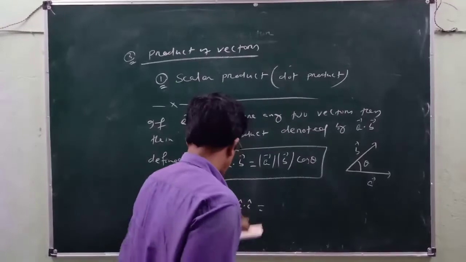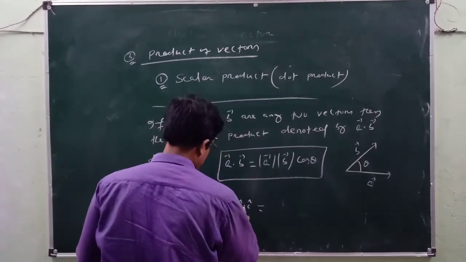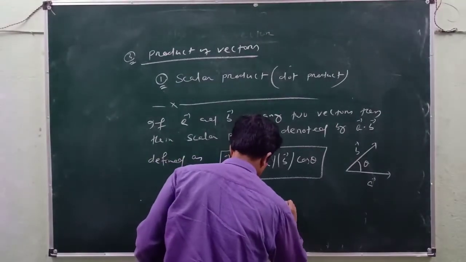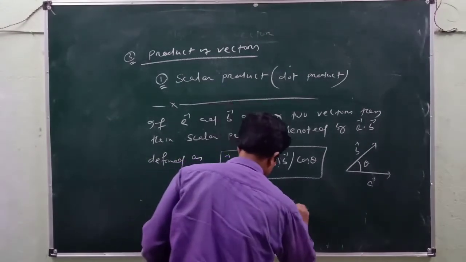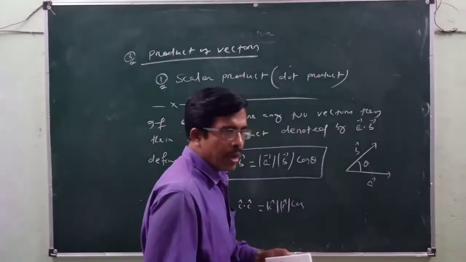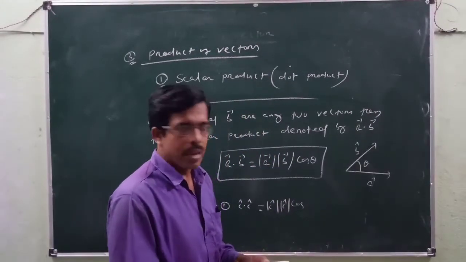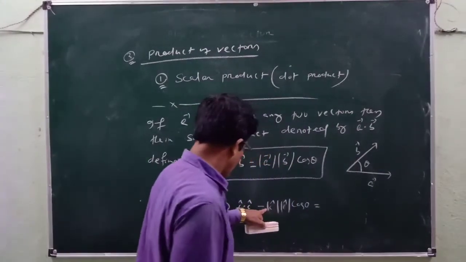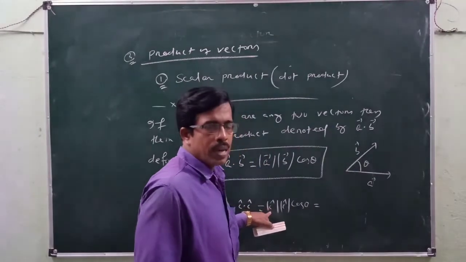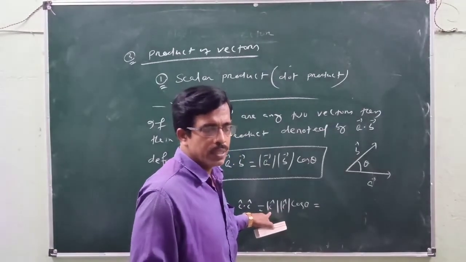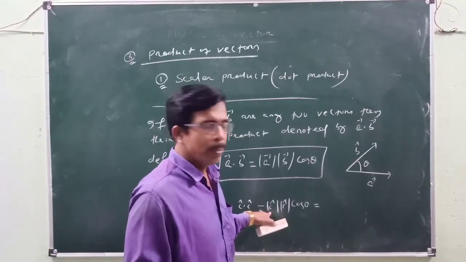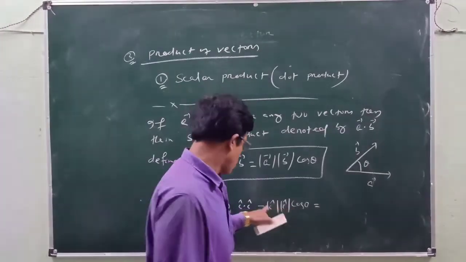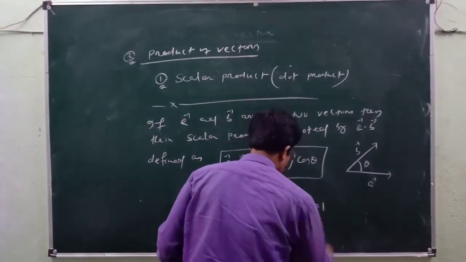Here I dot I. In case of A it is I cap, and in case of B it is also I cap. Then you write I cap magnitude, here I cap magnitude, then cos of the angle between I and I. Since these two are the same, the angle between them will be 0. Here you know the magnitude of I. Since I is the unit vector along the x axis, its magnitude will be 1. So here 1, here I magnitude 1, then here cos 0 is 1. So the total product gives you 1.